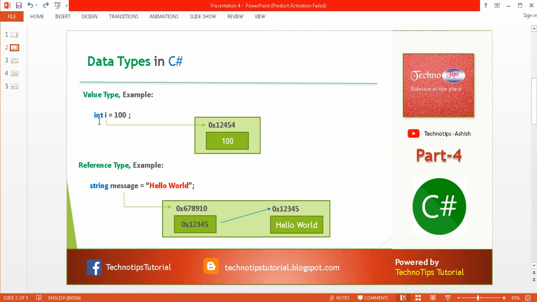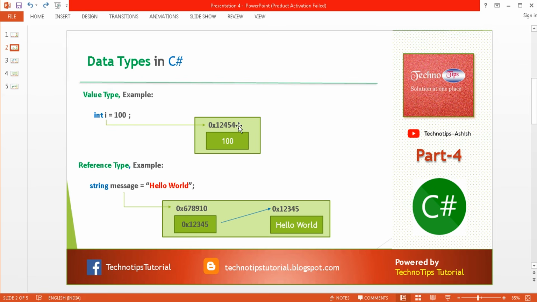So here I have given two examples, one for the value type and second for the reference type. You might have heard about integer, float, double, decimal, boolean, etc. These all are value type data types. Here you can see int I equal to 100. Here we have allocated some memory for the I variable.